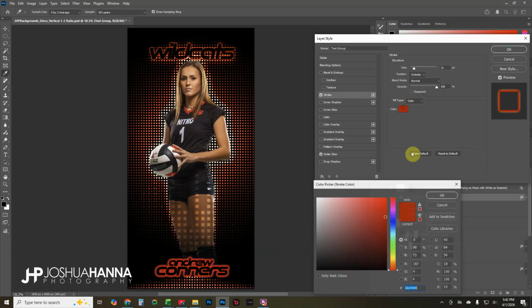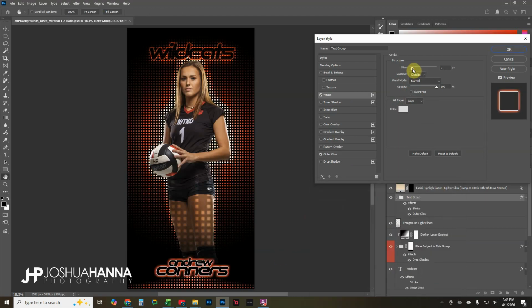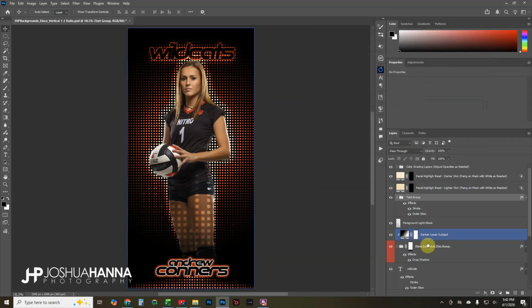And then that stroke line, you could always make that brighter. You could make it completely white. I mean, it's really whatever you like the look of. Kind of like the look of the white there. Maybe I'll make the size of it a bit smaller. I think that looks pretty cool. I like that right there. So we'd say okay, and then the last thing I'd want to do is come up to our facial highlight